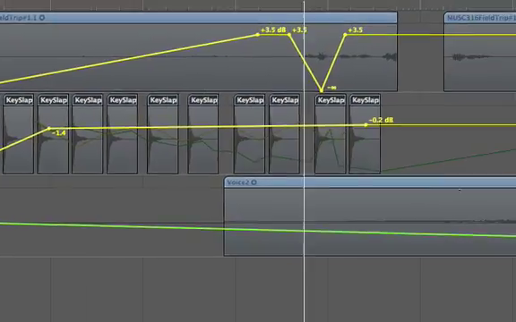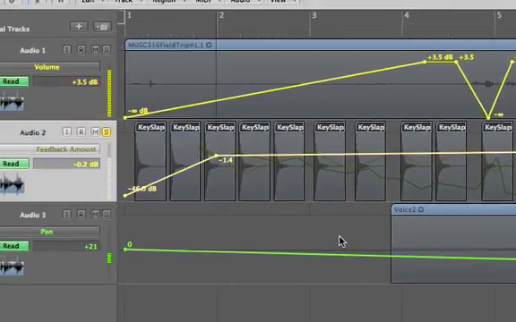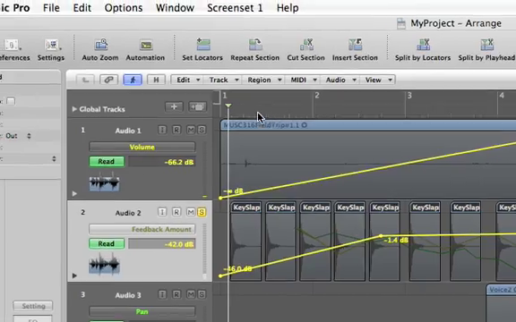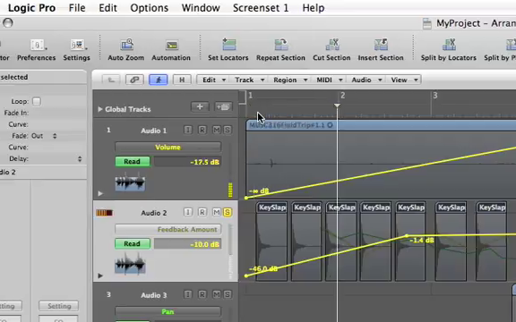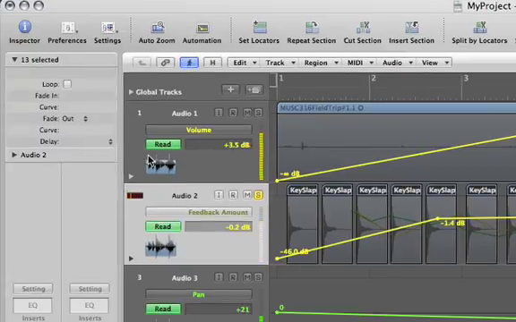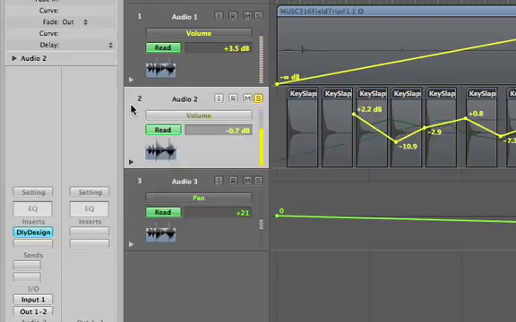You hear that resonant tail get longer and longer? And maybe I did put that a little early, so we'll move it back a little bit. Listen to it one more time. Okay, and of course, as always, we could have this one look at volume, and if we want to see